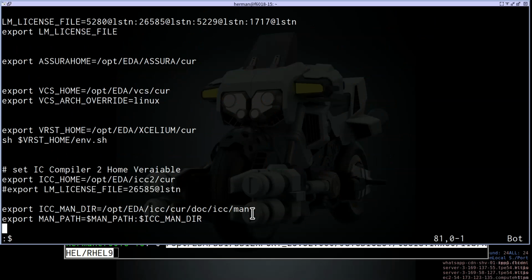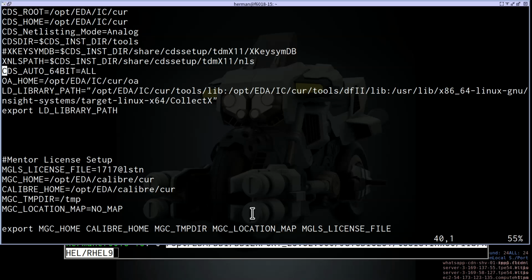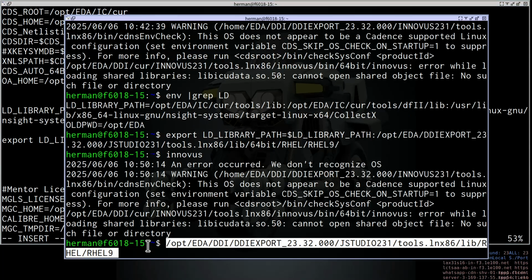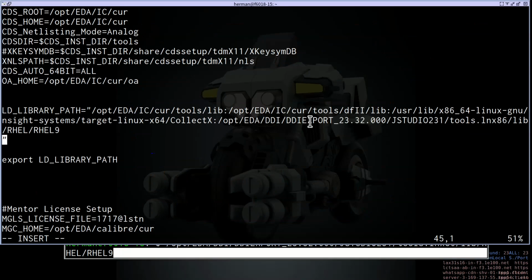We need to change the LD library path setting here. This environment variable is to set up a dynamic linking library path. Then we add one more path here. We add this line here: opt eda ddi and